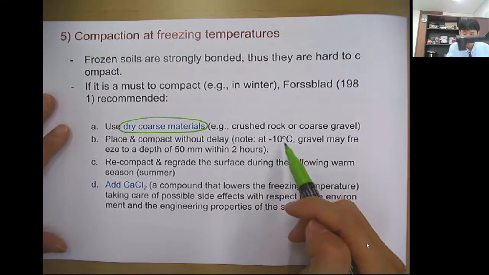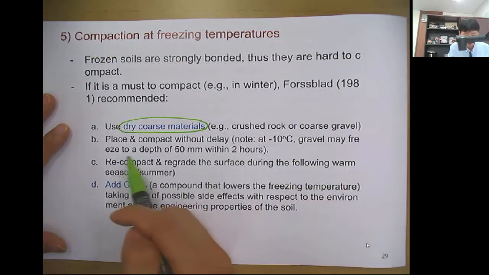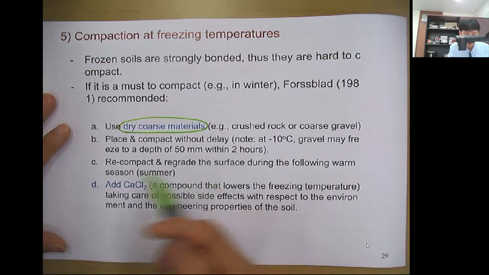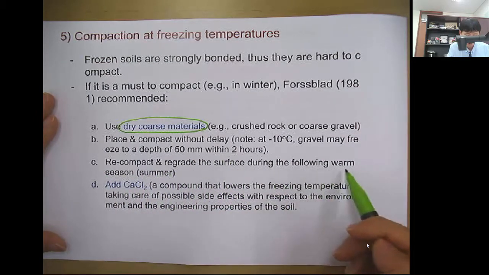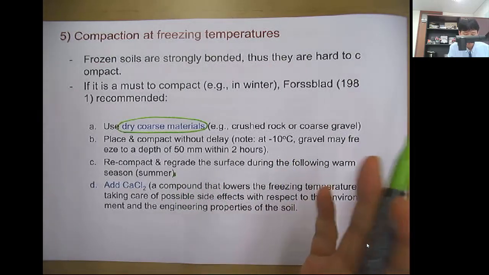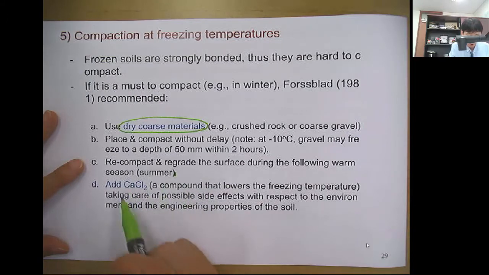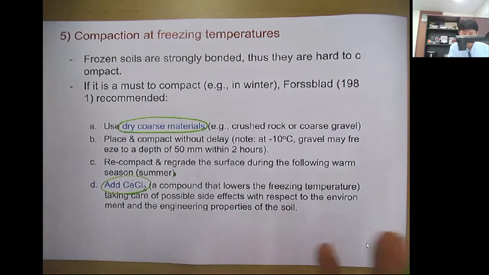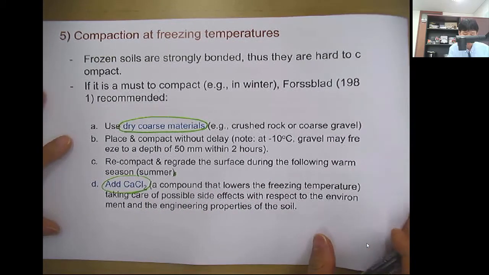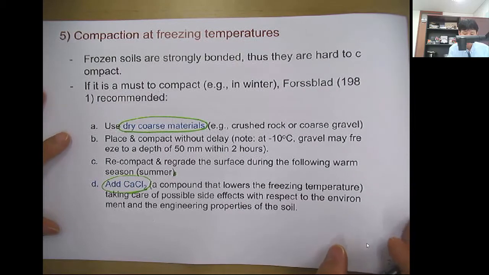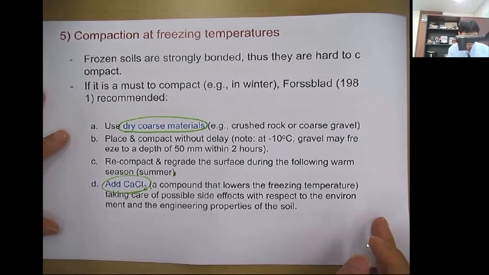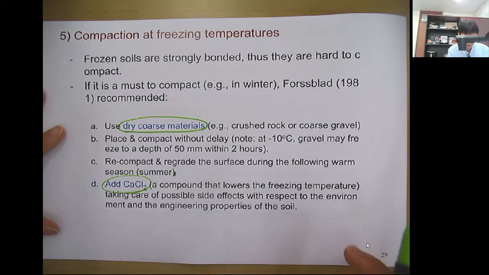So for example, at minus 10 degrees Celsius, gravel may freeze to a depth of 5 centimeters within 2 hours. And recompact and regrade the surface during the following warm season. So you wait until the next summer and you do it again. Or you can add calcium chloride, which lowers the freezing temperature, so that it doesn't freeze during the compaction. But because you're adding chemicals, you have to